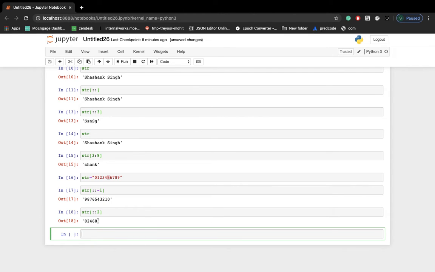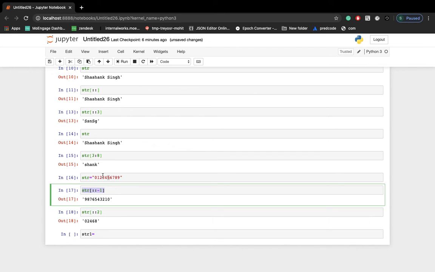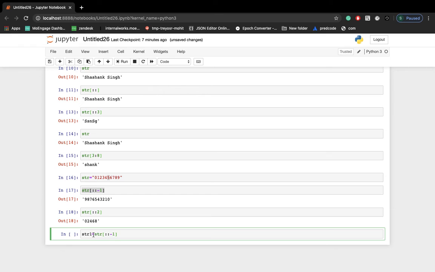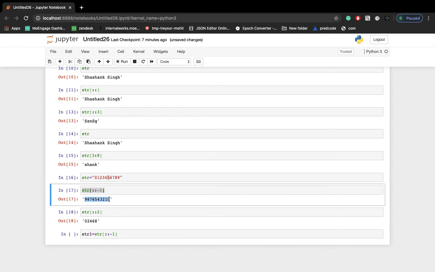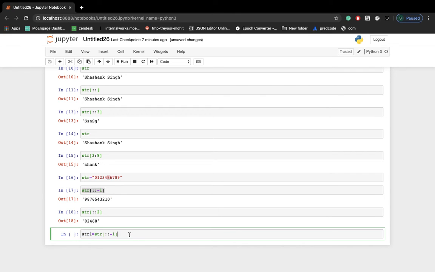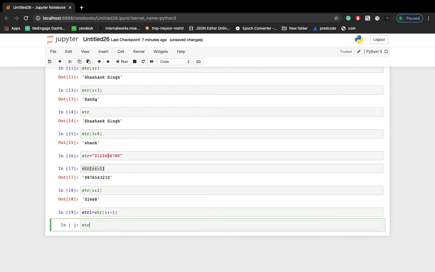So we have to do one thing: str1 equals the reverse, because str has 0 to 9. This reverse string will be stored in str1. Let's check str1.